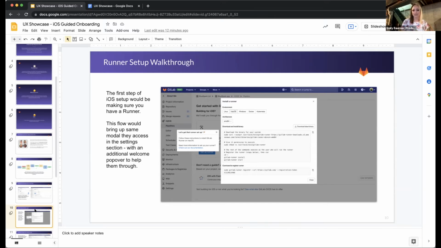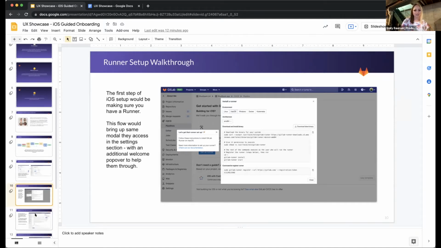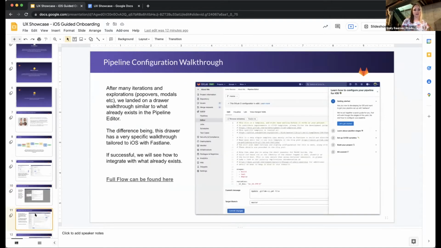So once they have that set up, they click close and we notice they have a runner ready. Then we move to the next one, which was that second box they can click on, which is the pipeline configuration walkthrough. So this one did take a lot of back and forth. We got engineering involved here, seeing what we could do, what was the simplest way to walk users through pipeline